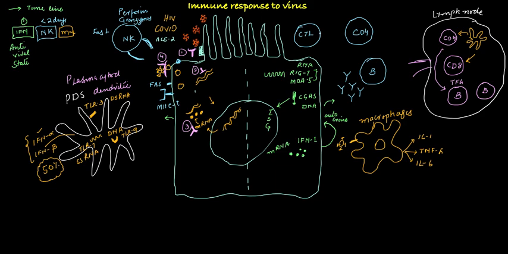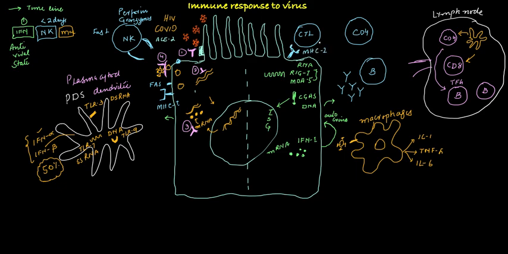So now the cytotoxic T lymphocyte, it's very important. It's the dominating cell that will help in elimination of the viral infection. So the interferon alpha or beta, natural killer cell, macrophages, they can do the initial job, but to eliminate the virus from the body is the job of cytotoxic T lymphocyte. They can eliminate established viral infections, and again they are going to interact with the MHC class 1,